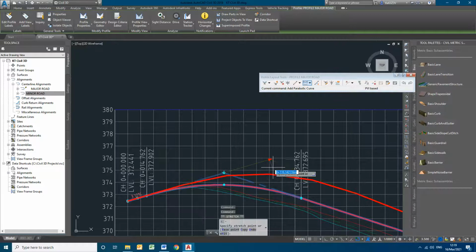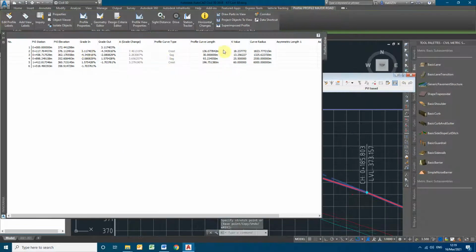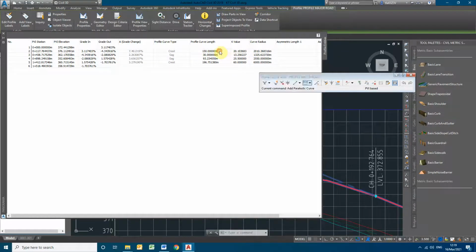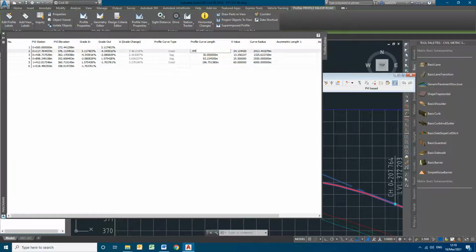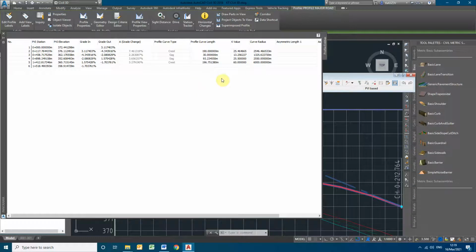So now I'll be dragging towards the side. Now I'll be getting enough space. Now I can increase the curve length to 150. Still I'm not able to achieve it. 180, 190. So 25.46, where only 25.3 is needed to satisfy.